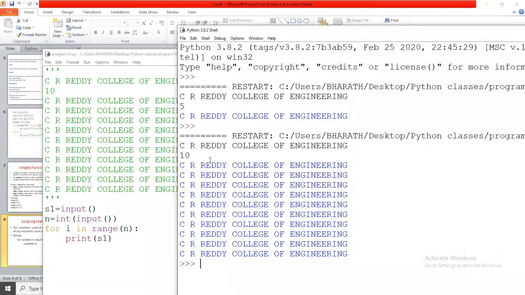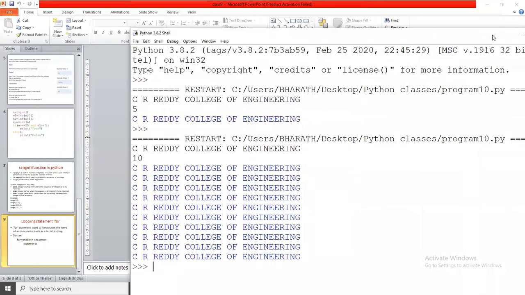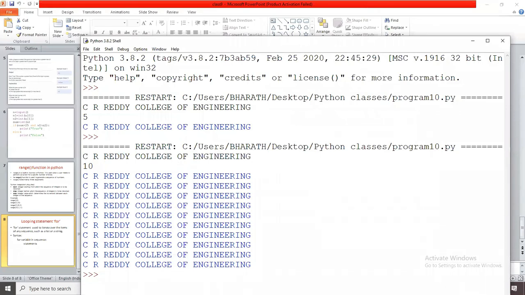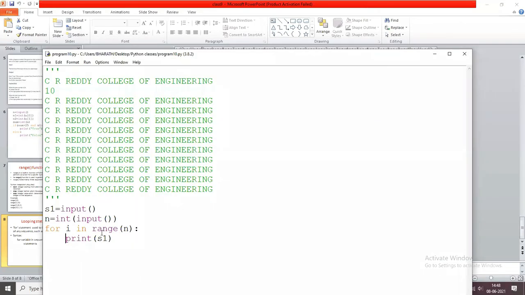And in the definition, we read one more point: the for statement is used to iterate over the items of any sequence. Here the range is the sequence, so range of n is the sequence.